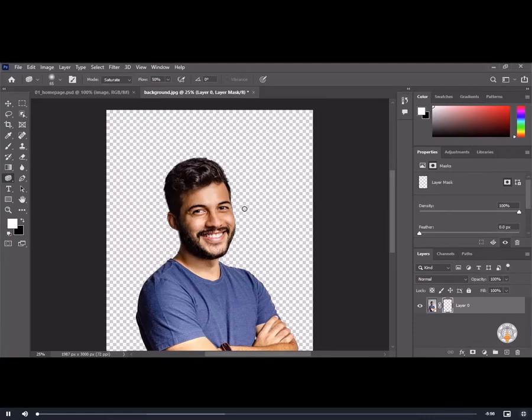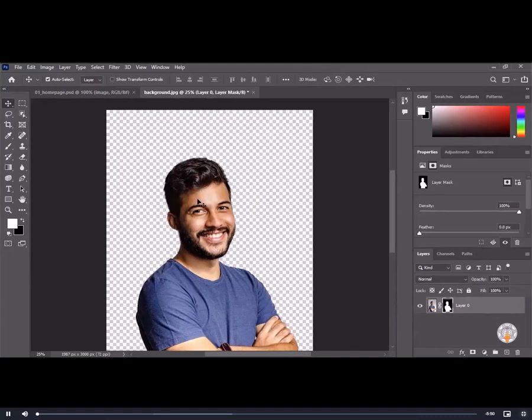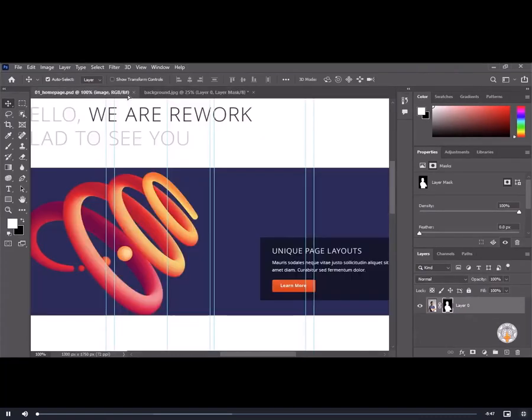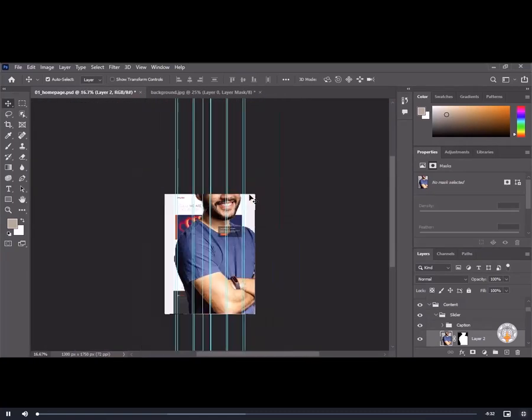Now what I will do is I will take this picture to the home document. So for that you can select the move tool, select the picture here, click and drag and take it to the other document, click and hold on to the tab and then bring it down wherever you want to place it, and you can see the image is now showing up here. But the image is huge compared to the size we want to use it here, so I'm going to scale this down by pressing Ctrl T to scale this